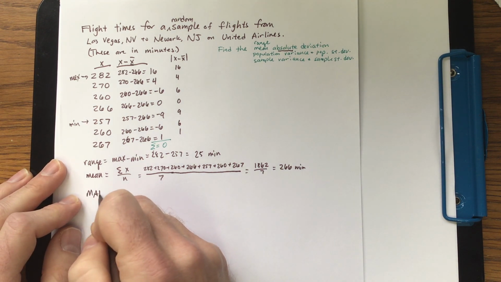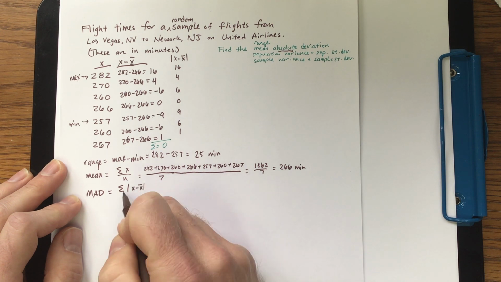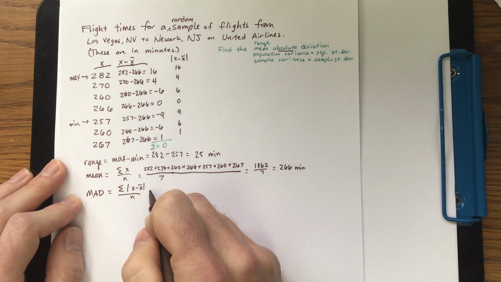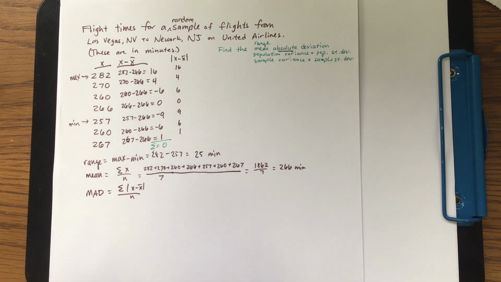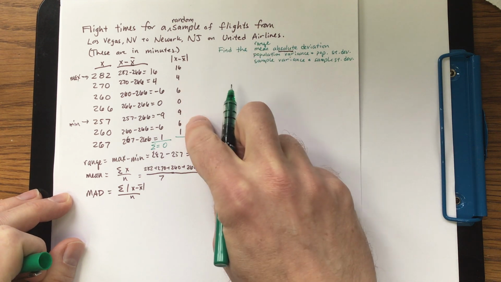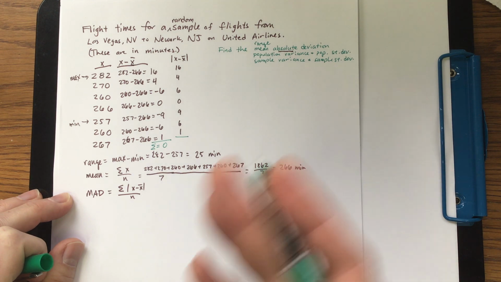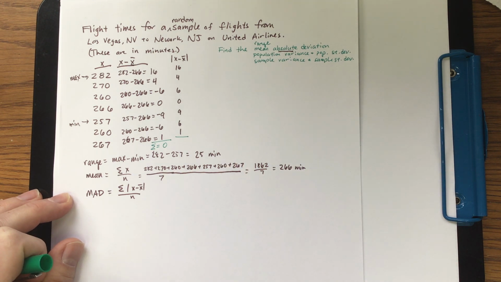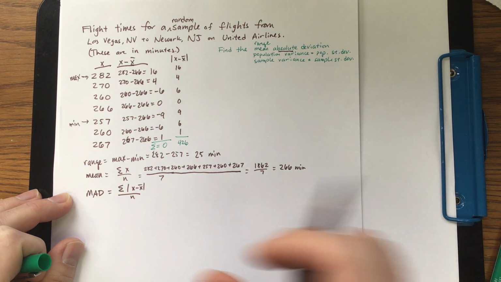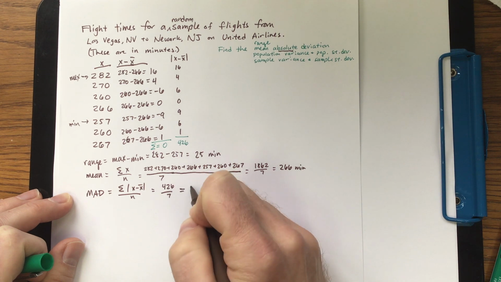The mean absolute deviation, or the MAD, is the sum of the absolute deviations divided by the number of data values that we have. So if we add up these deviations here, 16 plus 4 plus 6 plus 0 plus 9 plus 6 plus 1, that should not give us 0 because all of those numbers are positive here, and we end up getting 426. So I'll take 426 divided by 7, and that is,